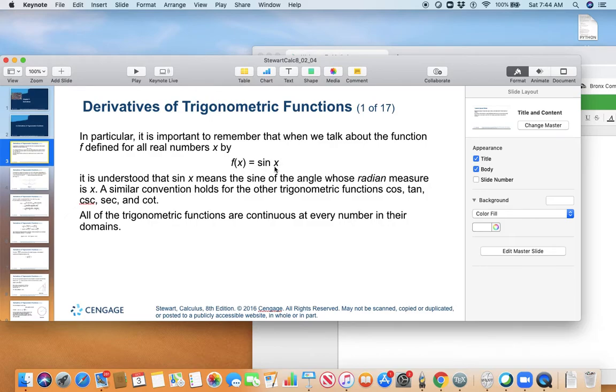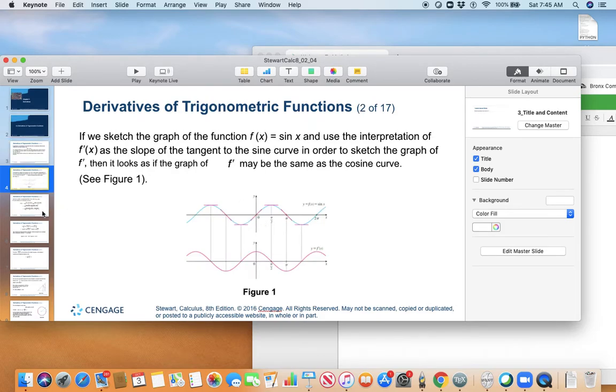In other words, you are using radian units for x, okay? A similar convention holds for the other trigonometric functions: cosine, tan, cosecant, secant, and cotan. All of the trigonometric functions are continuous at every number in their domains. All right. Now, if you remember, if you sketch the graph of sine,